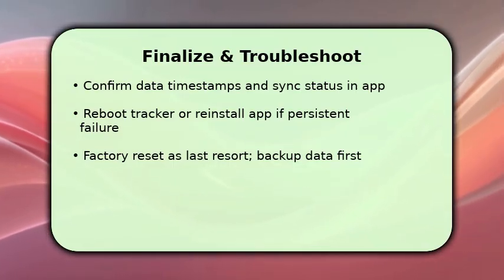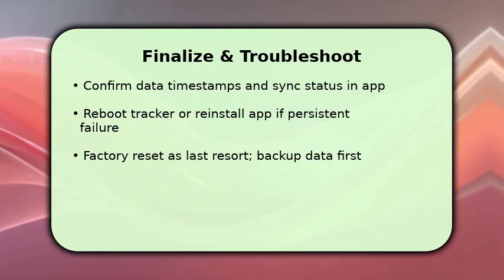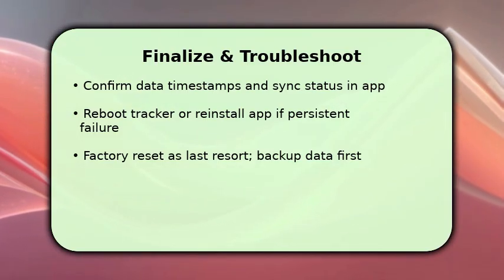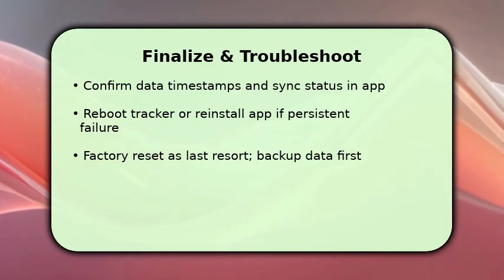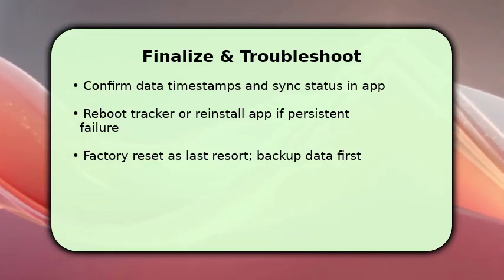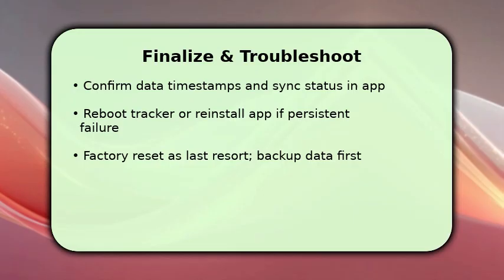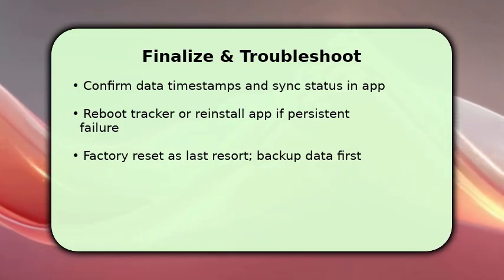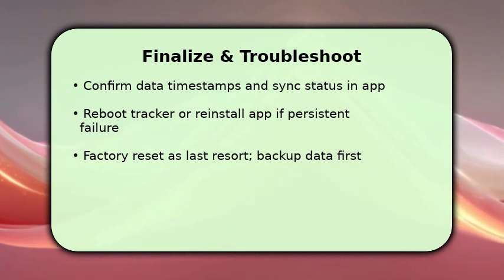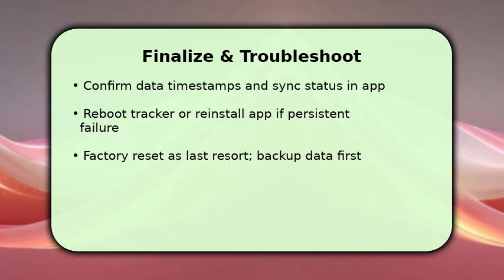If something's missing, try rebooting your Fitbit by using the device-specific restart method. This often clears transient bugs. Make sure the app is the latest version, and if needed, reinstall it to remove corrupted caches. As a last resort, perform a factory reset on the tracker only after backing up any usable data in the app. If problems continue, contact support with device firmware and app version